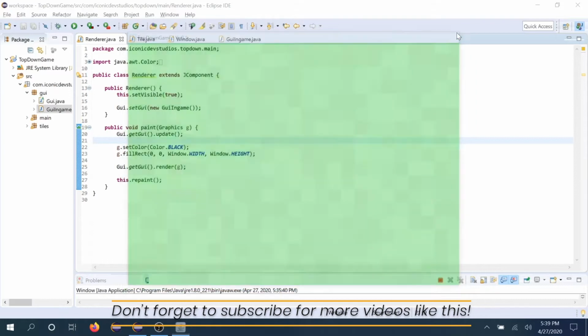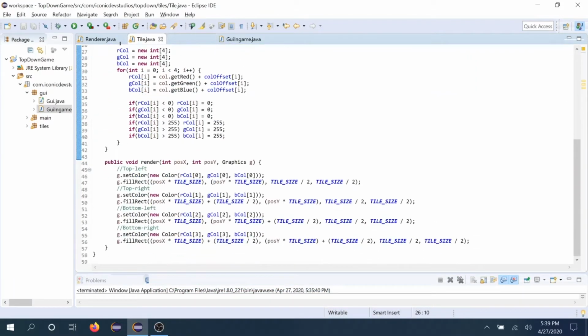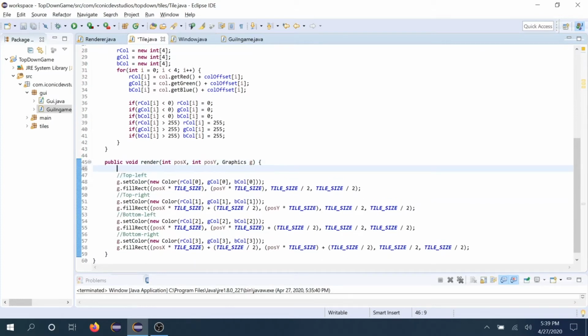So, one way we can fix that is by going into our tile class and making sure the position of the tile is less than or greater than the window width. I will show you how to do that here. So let's just take position X times tile size and put that in there. We want to make sure the position X is greater than 0